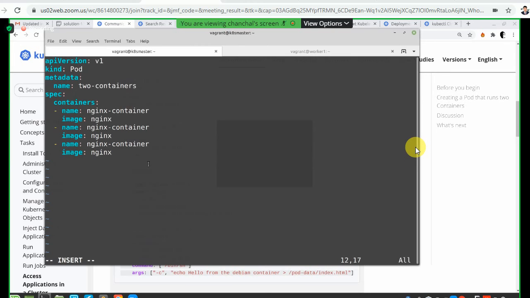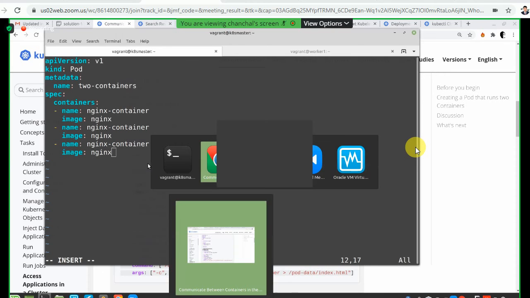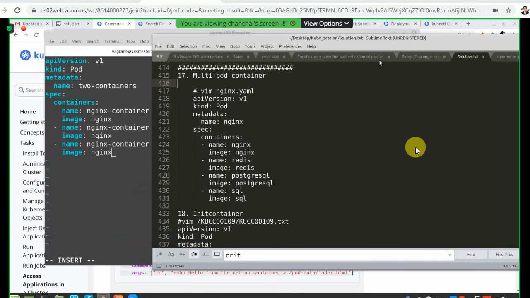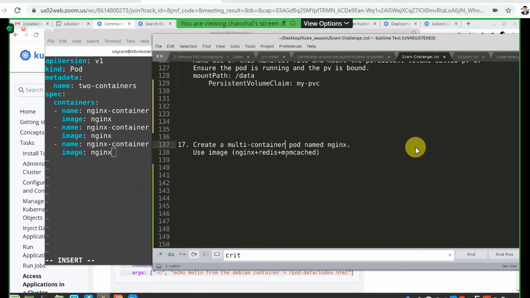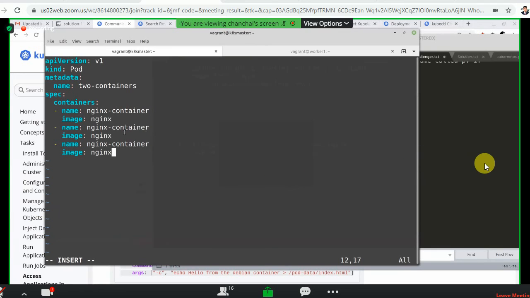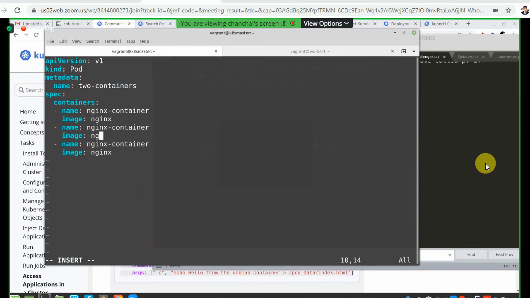Name Nginx. Now what is the question asking? What are the different pod containers? Nginx, Redis, and memcached. So first one is Nginx, second one is Redis. I hope there is a memcached image also.